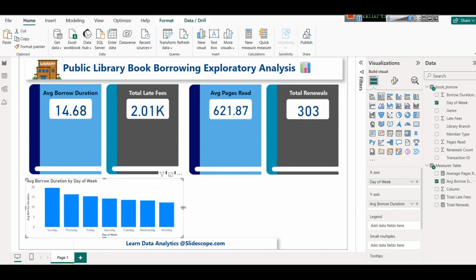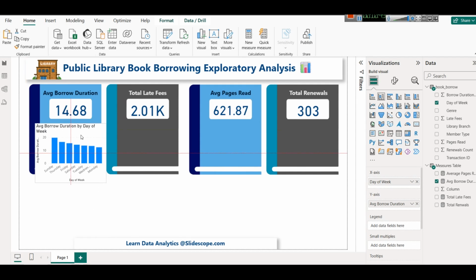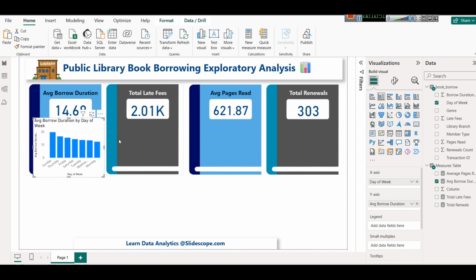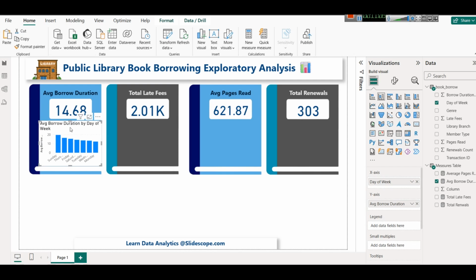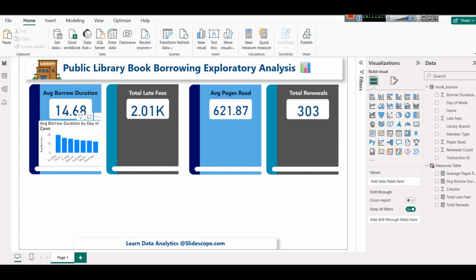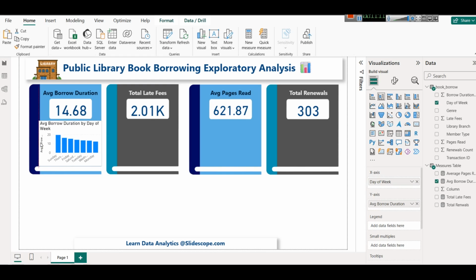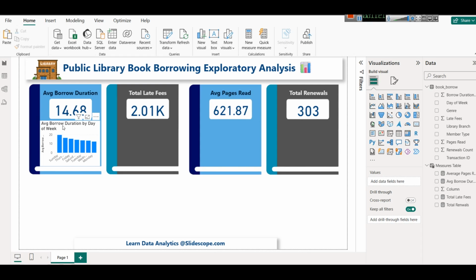And now when we have to adjust this chart in this area, we have to do several things. One thing will be to adjust it properly in this height. As I said, this is a basic kind of experiment that we are doing, not necessarily that you will also do in the same way, but sometimes we try something differently. So this is our chart now, and data is also properly readable, and this is average borrow duration by day